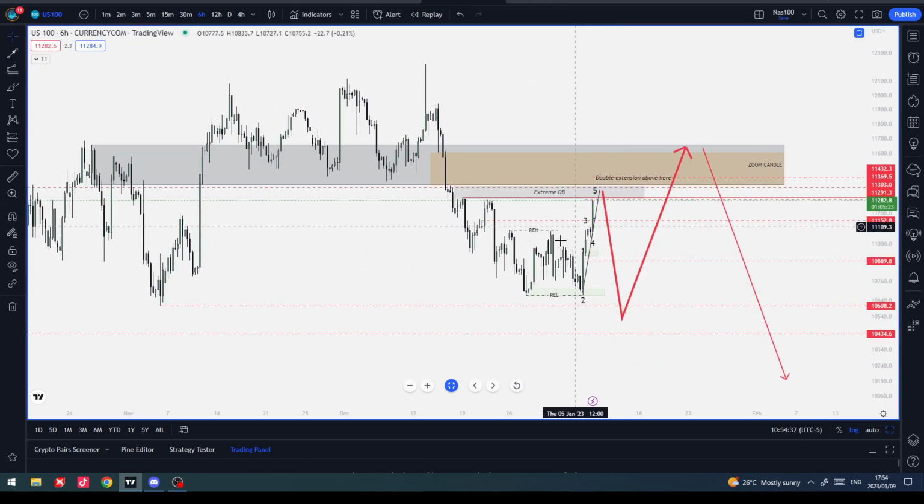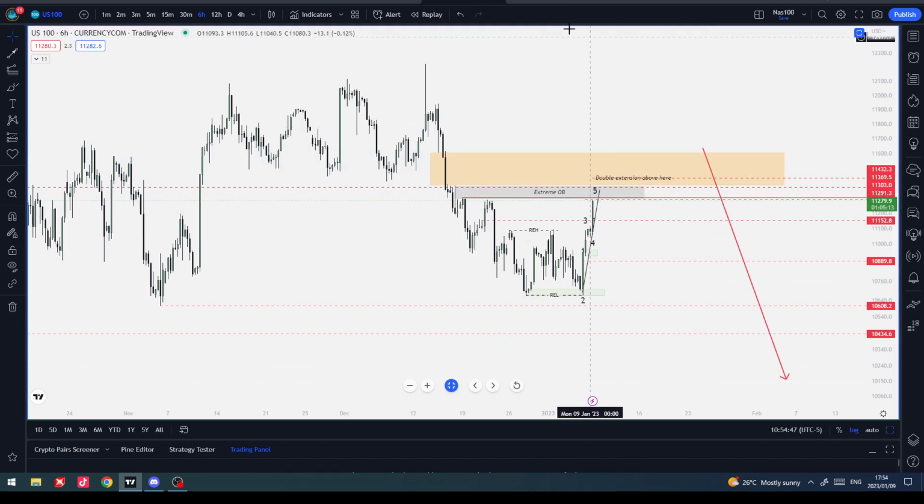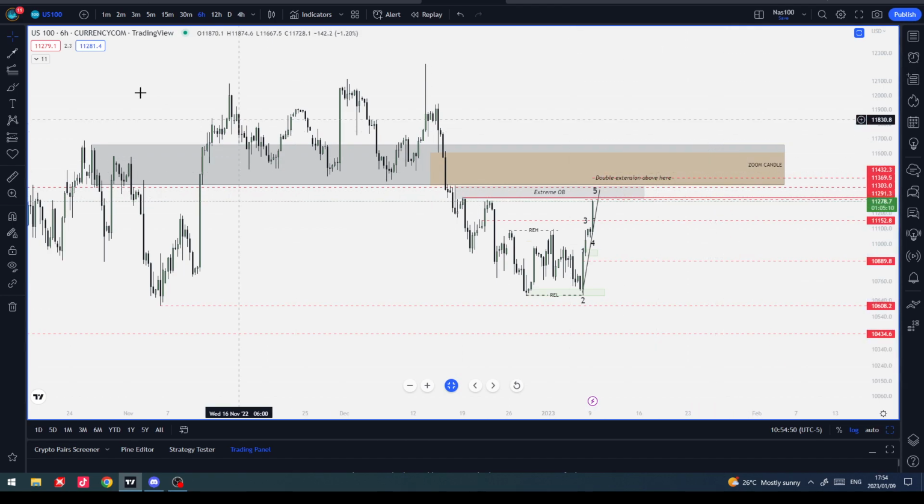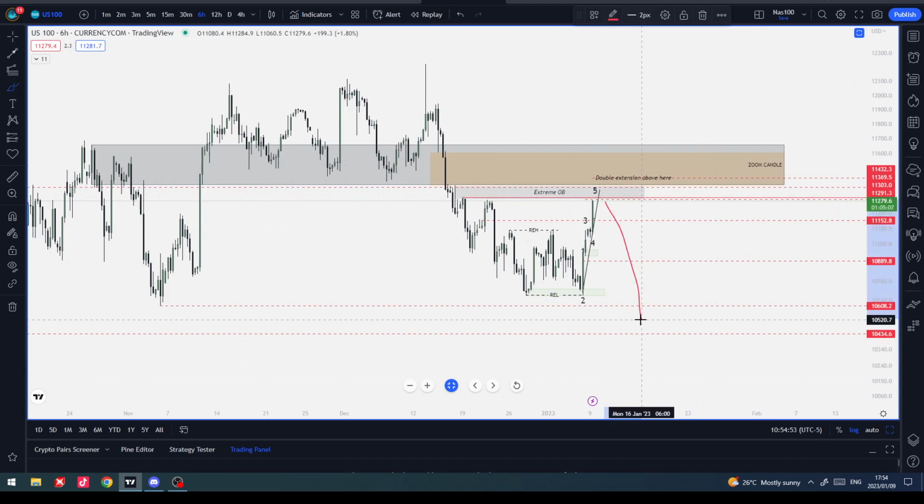So after this 5 wave or the C wave, whatever you want to call it, is complete, this gap hopefully still stays in play, and we come back for it later on because there's even more liquidity lying above the market right now if we leave it behind. So if we start to fall down here like this, all of this would be relative equal highs. There'd be liquidity lying here. Price comes back, takes it, pairs up with people who are willing to buy above market price, where only sell side was offered, no buy side was offered, and then we head down lower there, right? So I'll take that. So that's what we're looking for on NAS.